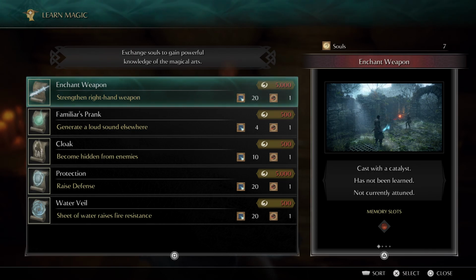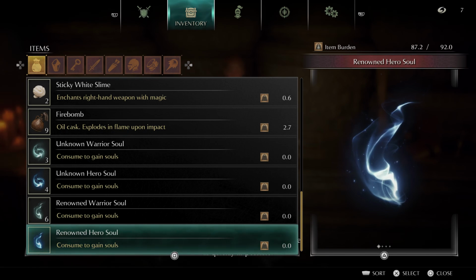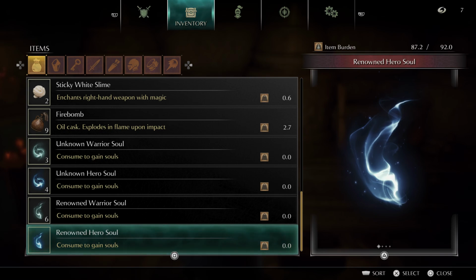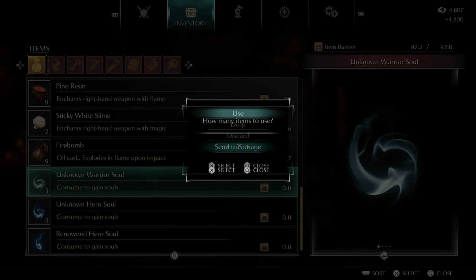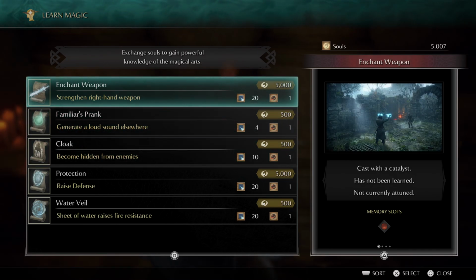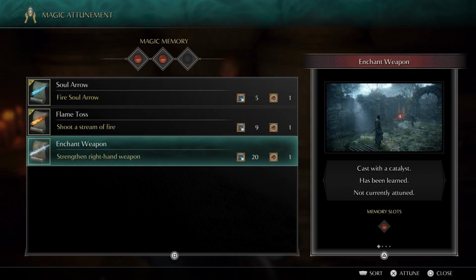So whenever: water veil, protection, cloak, become hidden from enemies, generate a loud sound elsewhere, strengthen right hand weapon. I don't believe we're going to have renowned hero soul, which is 1,000. Renowned warrior soul is 800. Okay, let's do it. So that's 4,800 souls, and then we're going to take that for 5,000. We'll buy enchant weapon, and then we will go over here, and we will attune enchant weapon